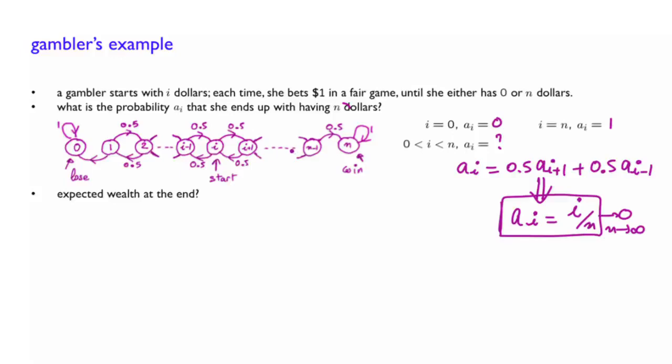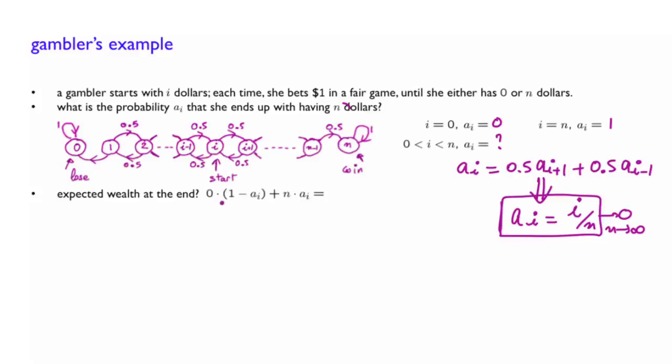You're guaranteed with probability 1 that you will reach either 0 or n. So it's a valid question to know, once you reach either 0 or n, what is the expected wealth at the end? Well, if you arrive here, it's going to be 0, and if you arrive here, it's going to be n. So the expected value of that wealth will be 0 times the probability of ending in that, plus n times the probability of getting there.